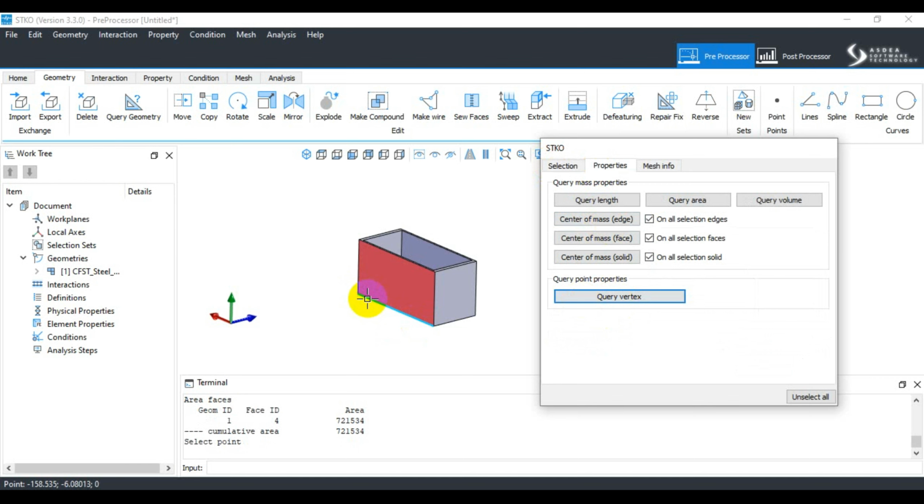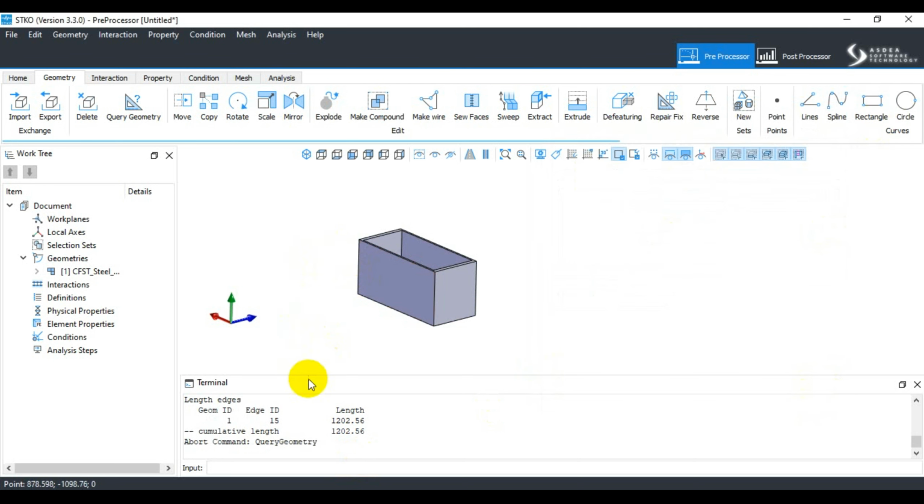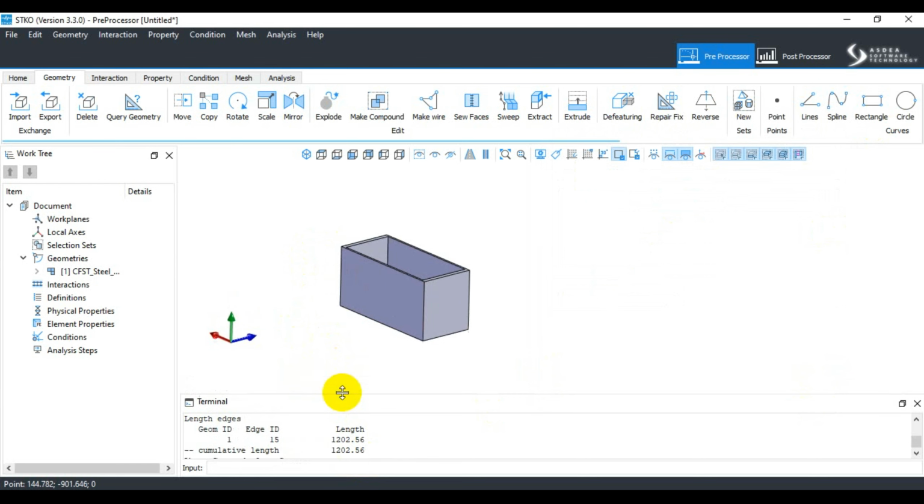If I select on this region and query length, I can get the length as well. The geometry ID is 1, the edge ID is 15, and its length is given, which we can work with. So this is how we achieve results with visualization modules inside these command windows